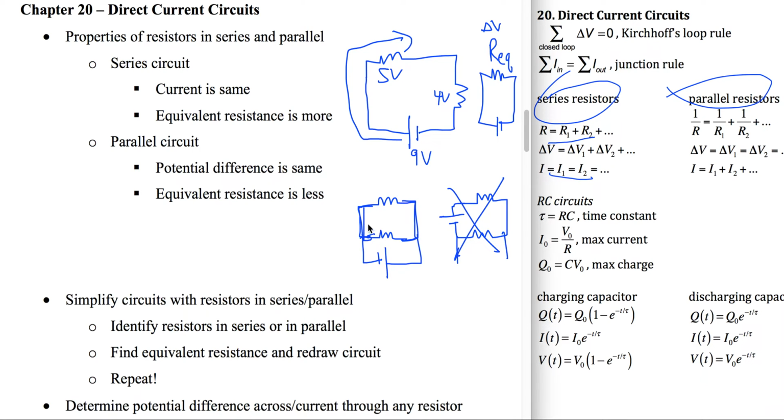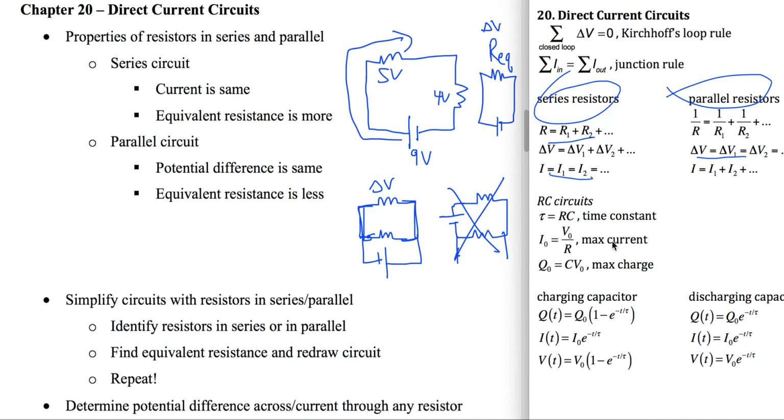So if you were to simplify this circuit to one equivalent resistor, like in here, then the delta V across each of these would be the same as the delta V across the equivalent resistor. That's what this is saying. And this equivalent resistance would be less than either one of these two because you have to use the 1 over equation. And remember the shortcut, if these two resistances are the same, then the equivalent resistance would be half